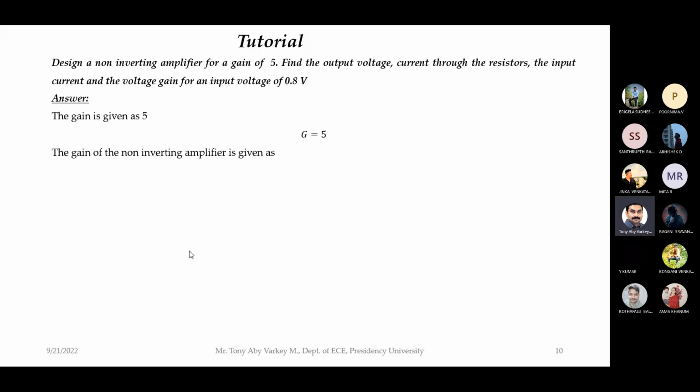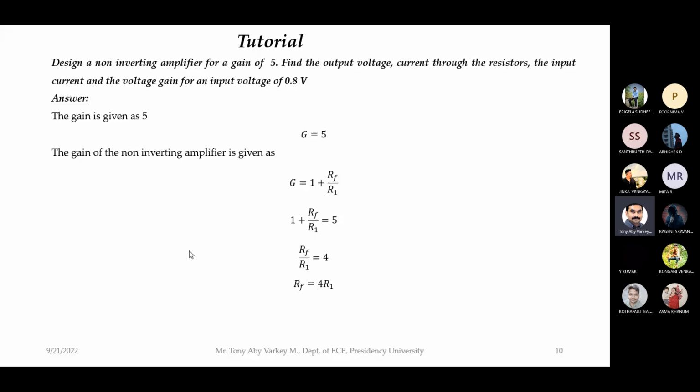Now, what is the formula for gain? One plus RF by R1. So 1 plus RF by R1, correct. Gain is equal to 1 plus RF by R1. So 1 plus RF by R1 should be equal to 5 because that is what is given in the question. Which means that what should be the value of RF by R1? 4. So RF by R1 should be equal to 4, which means that RF should be equal to